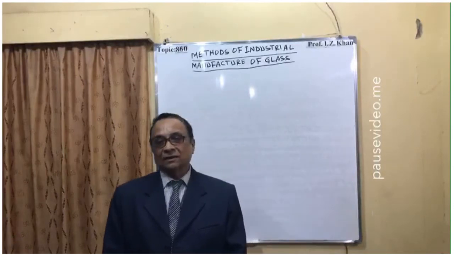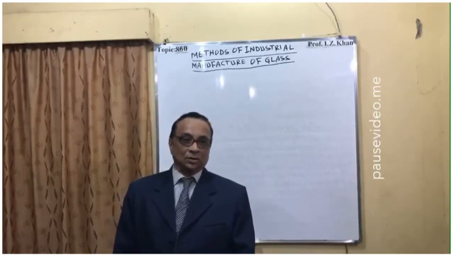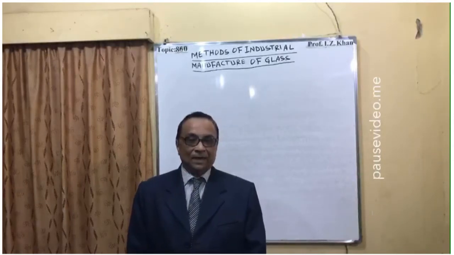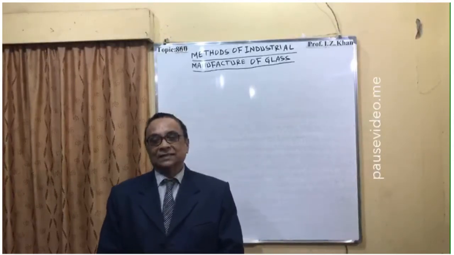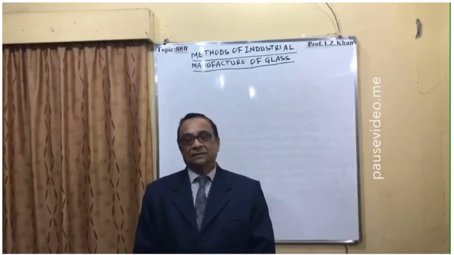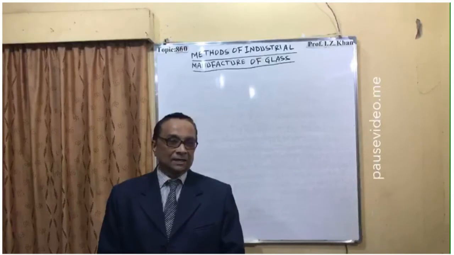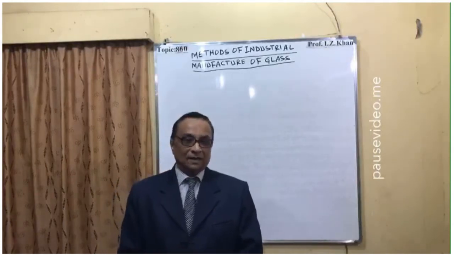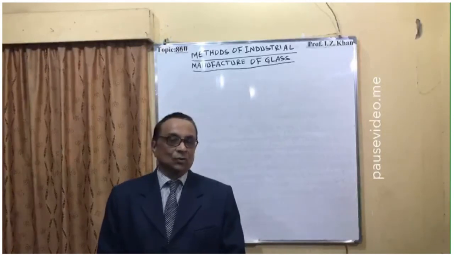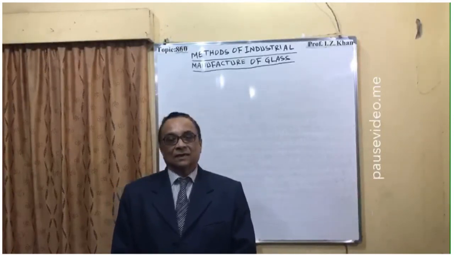The third is the auxiliary furnace, and that is for annealing of the glass. So once the glass is melted in all these furnaces by thermal or electrical heating,